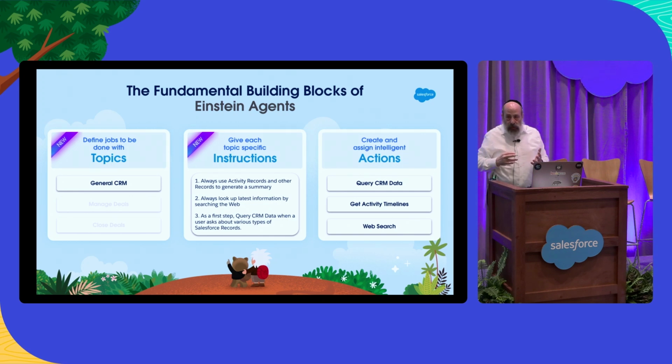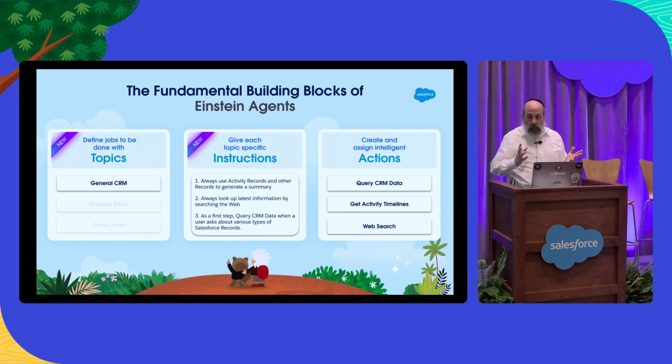And in so doing now, I can create some additional instructions at the topic level that tell Einstein, here is a general set of capabilities, which is the actions that will be within this topic. And here's what you will do with them. Here's how you should behave with them. Here is the scope of this topic. Here's what it will do, and here's what it will not do. So you essentially provide a description, you provide the scope, right? That description needs to be, again, descriptive. And then for each topic, you provide any number of instructions, as you can see on that middle box. And then I add my actions to that topic.